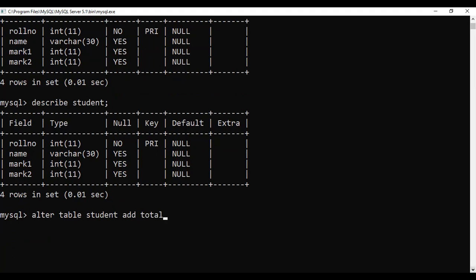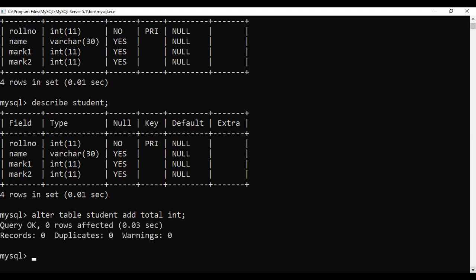Total means to do the sum of these 2 marks. And what is the data type? You have to specify. Since mark 1 and mark 2 are integer data type, I go with integer. But if you give floating point also, no problem. When I do it this way, you can see the query says 0 rows affected, isn't it? But when I give the describe